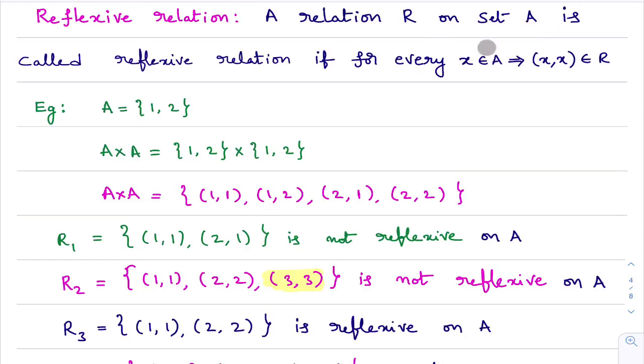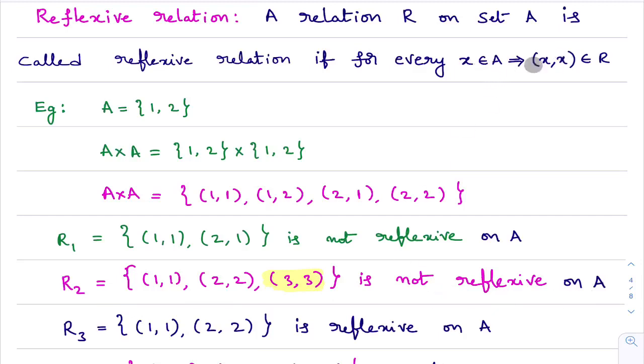When we say R is a relation on set A, it means R is a subset of A cross A. This R is not a subset of A cross A. This is not a relation on A. There is no question of checking reflexive relation. First, reflexive relation means first of all, it must be a relation. Later, if it is a relation, then we will check for reflexive relation. I hope you are understanding. If they ask whether this relation is reflexive or not, it is not a reflexive relation. Why is it not reflexive? First of all, it is not a relation. I hope you understand what I am saying, right?